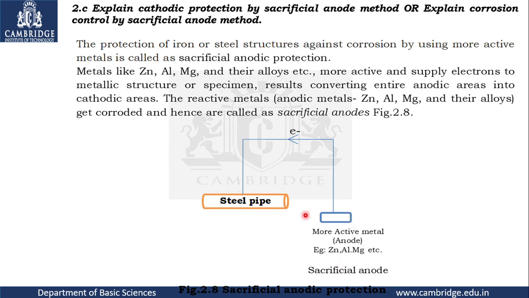How? A metal with a low electrode potential behaves as anode and a metal with a high electrode potential behaves as cathode. Now, iron and alloys of iron have higher electrode potential. That is why, once again, this can be taken as cathode. Why? Because electrode potential is high for this. Whereas zinc, aluminum, magnesium, the electrode potential is less when compared to iron, hence it is taken as an anode.